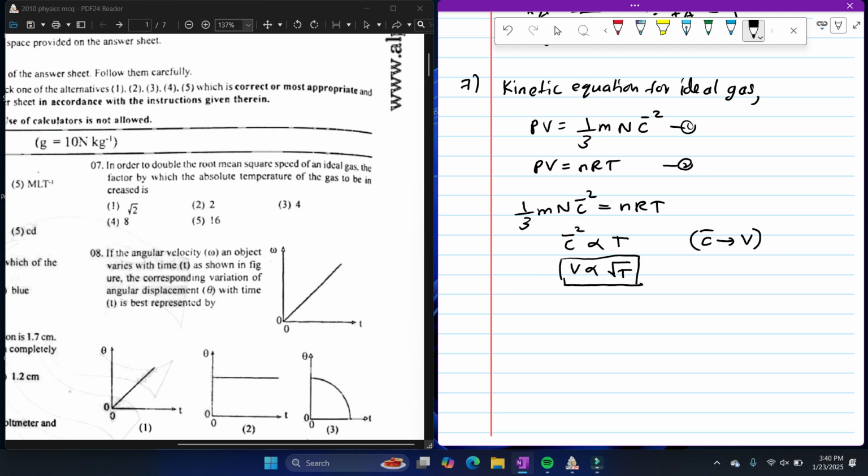Afterwards, I'll take this into two equations because they are asking the scenario in which the root mean square speed is doubled, by what factor the absolute temperature will change. So we need two relationships here. I'll take one relationship as V1 equals, I'll apply a constant to remove this direct proportionality constant, and take this temperature as T,